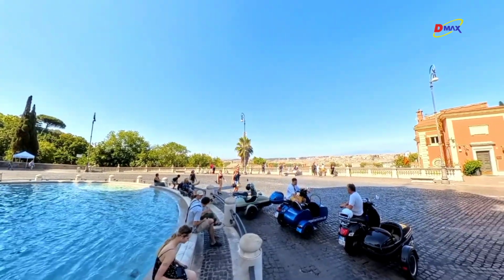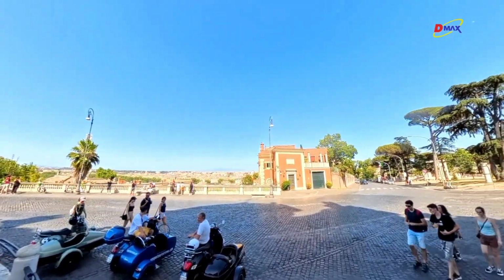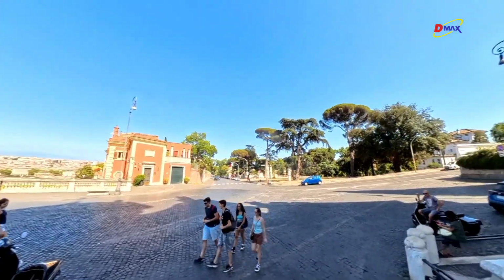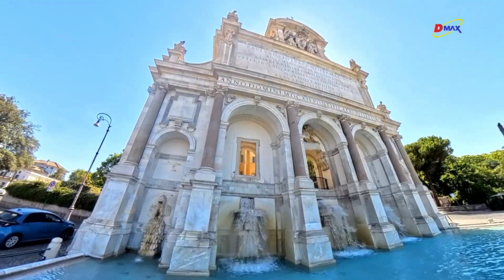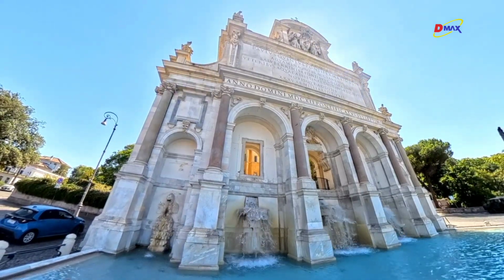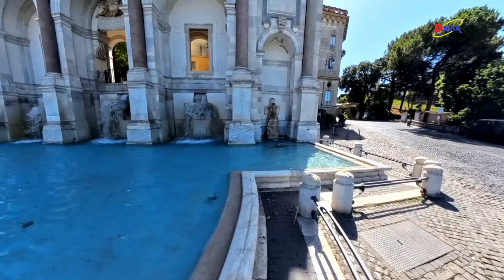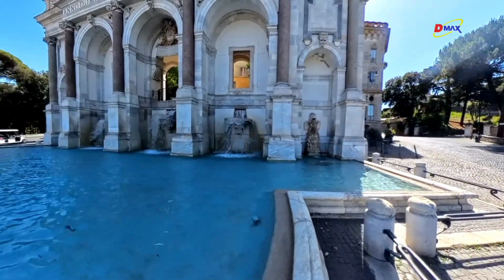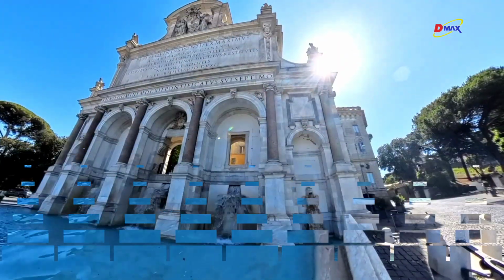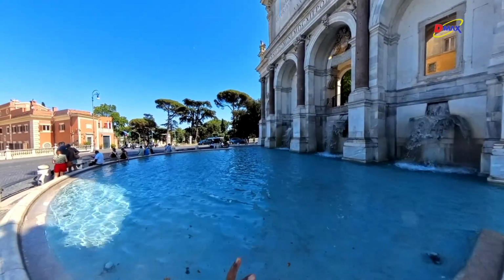The Fontana dell'Acqua Paola, often called the Big Fountain, is a magnificent Baroque structure located on Janiculum Hill in Rome. Commissioned by Pope Paul V in 1612, this fountain was part of a project to restore the ancient Aqua Traiana aqueduct, which provided water to the city. Designed by architect Giovanni Fontana, the fountain features a striking facade with 5 large arches and beautiful cascading waterfalls, all